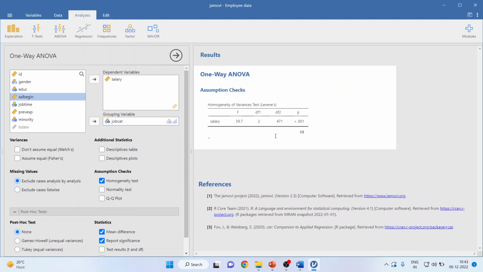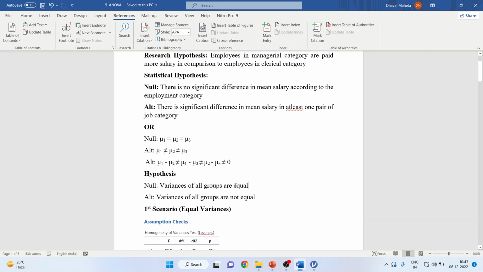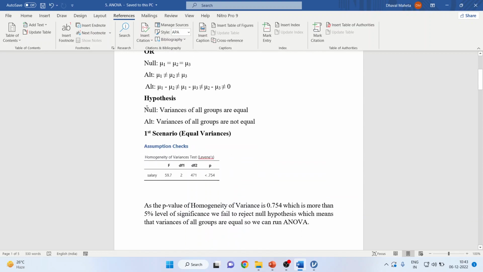and you have got the result. Here it is 0.001. Now this means that as the p-value is less than 0.05, I'll copy this result and I'll try to explain. My null hypothesis is variances of all groups are equal. My alternative is variances of all groups are not equal. When I have copied this result, I have deliberately changed this figure from 0.001 to 0.754 to make you understand